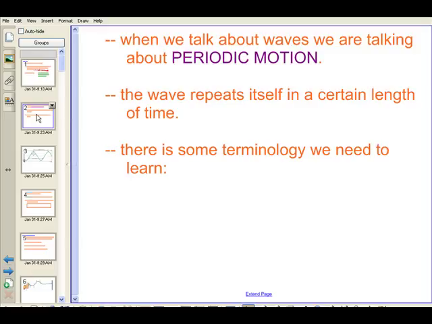In fact, at the very beginning of your book, it shows a picture of the guy who is basically the founder of the Exploratorium. It has a pendulum with a pen on it, and when he rotates that piece of paper underneath, he gets a wave. It's basically a sine wave. But there's some terminology. This is where that picture on page 374 comes in. So if you want to get ahead, you can start drawing that picture, because we're going to put some information on that picture. Anyone need more time?